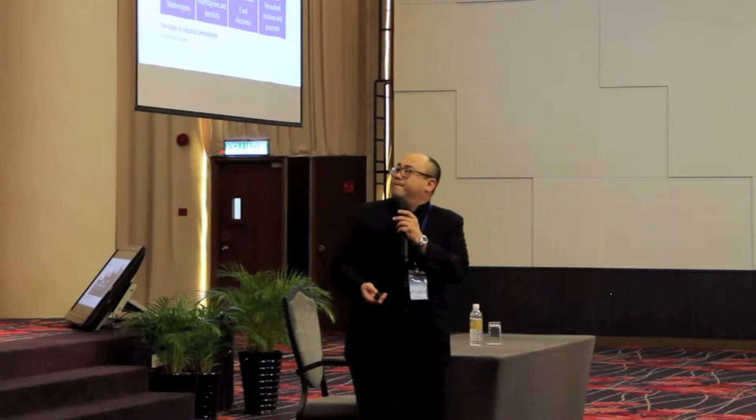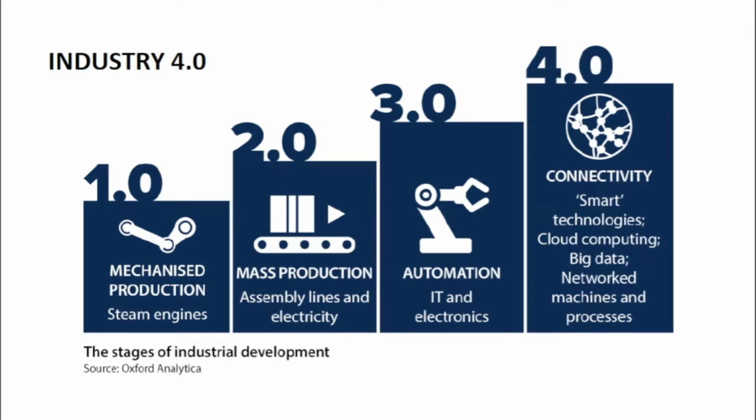technology? Now, we look at Industry 4.0, all right? Long ago, Industry 1.0 was clearly defined by mechanized production, the steam engine, all right? A lot of stuff started from there. Then Industry 2.0, you have mass production, assembly lines, electricity. Things are getting cheaper when you mass produce, all right?